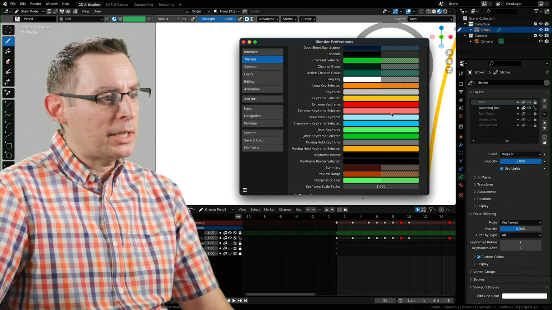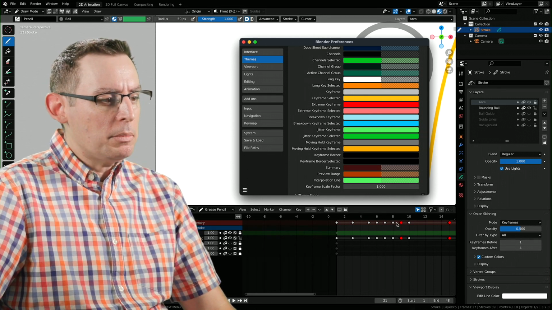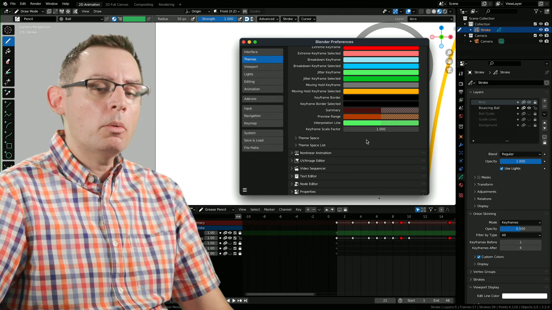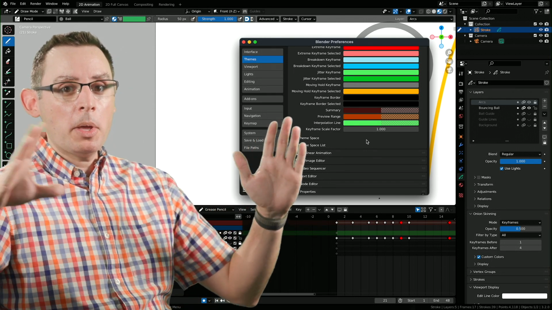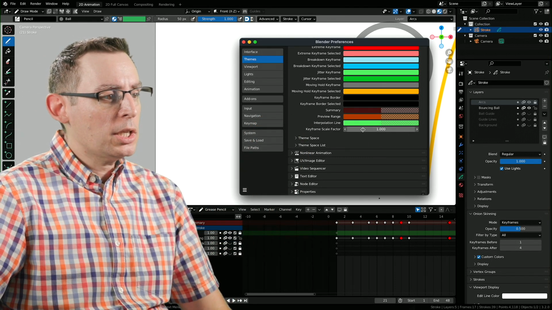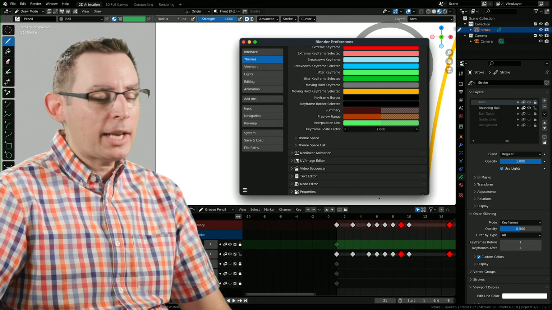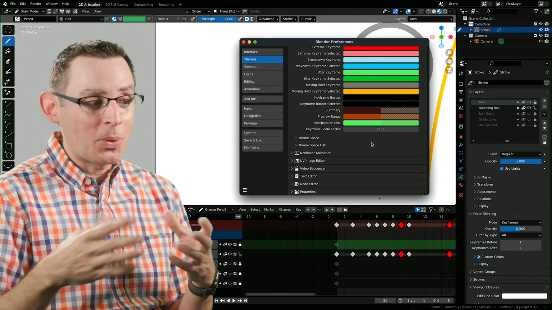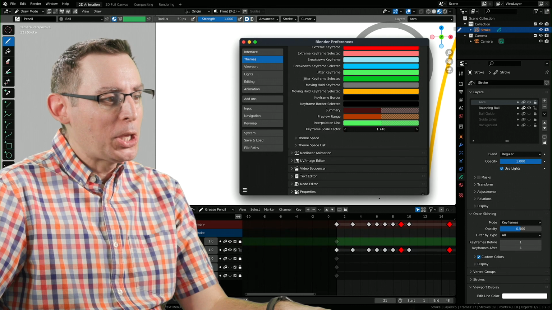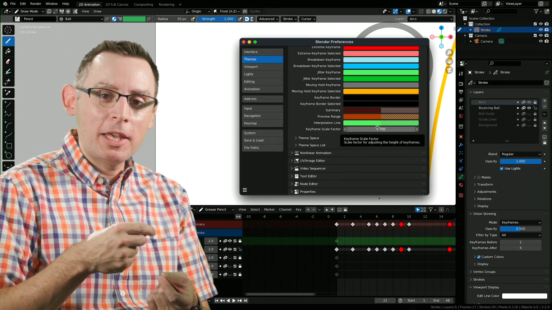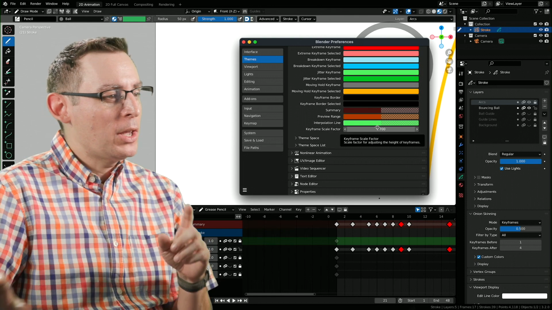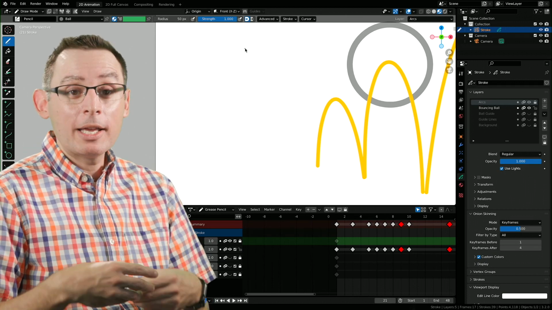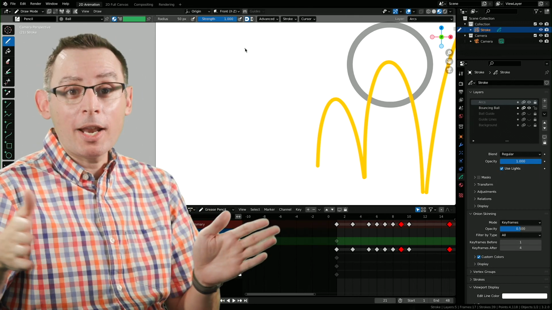I'm going to leave the selected color this kind of salmon-y color, and you can immediately see the impact of that change down on the keyframes below. Another thing that you may want to do, and this is really helpful if you're working on a big high resolution display, is change the keyframe scale factor. Don't worry, you're not actually changing the location of the keyframes. You're just changing the size of the icon on the timeline. And this is also another really neat trick to do, just to make them a little bit bigger, to make it a little bit easier to see where the keyframes are and how they're going to be relating to one another. So those are two ways that we can easily go in and change the system to make it easier for us to work and easier for us to consume what we've created on our timelines.